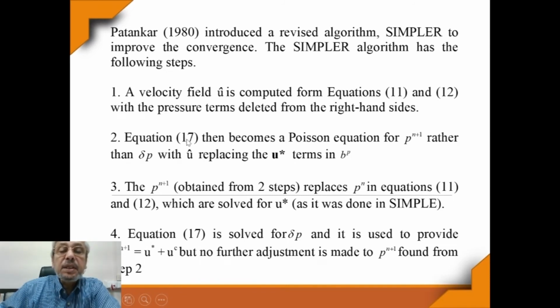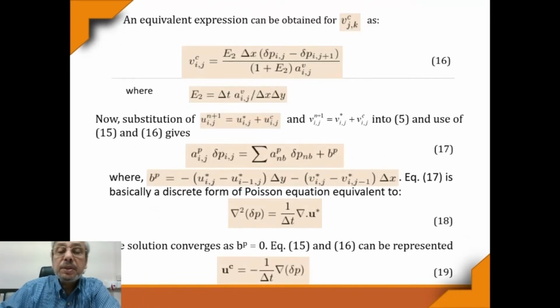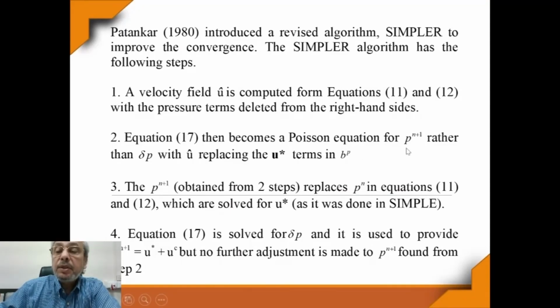Equation 17 then becomes a Poisson equation. That means equation 17 becomes a Poisson equation for pressure, not pressure correction. Equation for Pn plus 1, because now you bring in Pn plus 1,